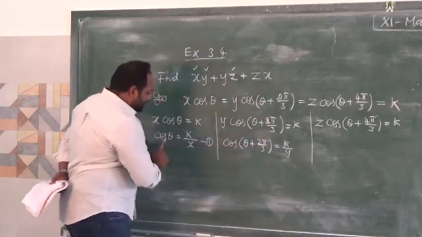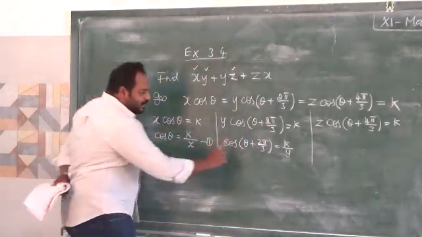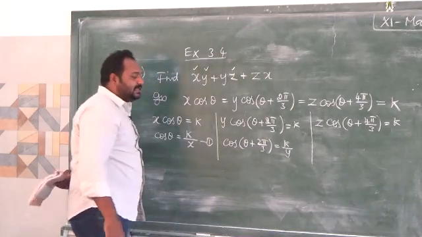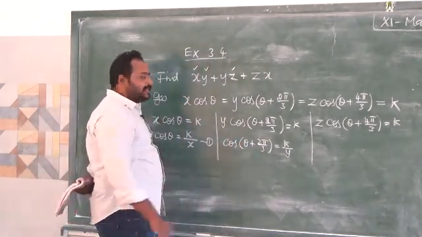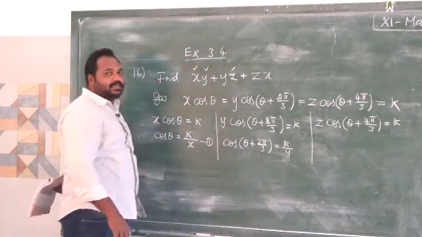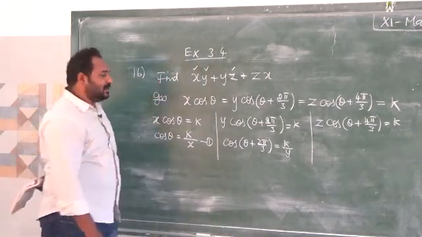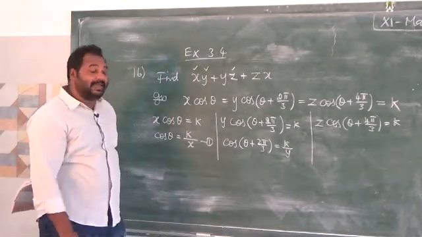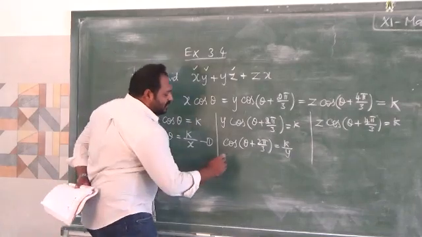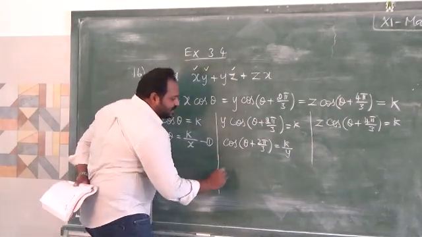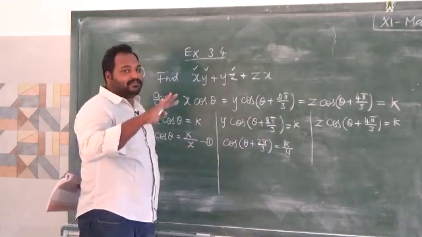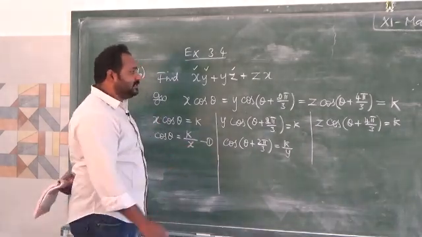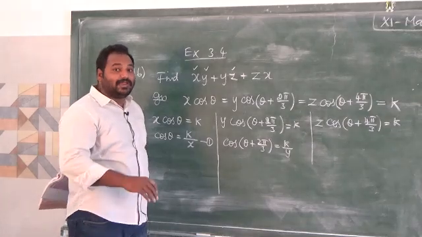Here we have cos theta, so we can leave it as it is, but for theta plus 2 pi by 3, I am going to expand cos of (theta plus 2 pi by 3) using the cos (a plus b) formula, or cos (x plus y) formula. What is the cos (x plus y) formula? We are very familiar, I think. I told you already, the formulas are very important. You memorize all the formulas to solve the problems quickly.